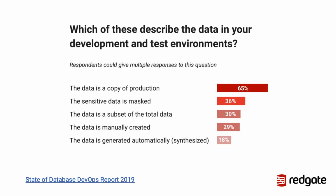And this is particularly of concern to database DevOps because the development environments that we use, we can't just have no data in them. How do you test that your application is actually working if there's no data for it to work on? And if the data is nothing like the data in your production environment, you won't be able to test successfully, to see whether this is even functioning. Your users won't be able to do acceptance testing on it,